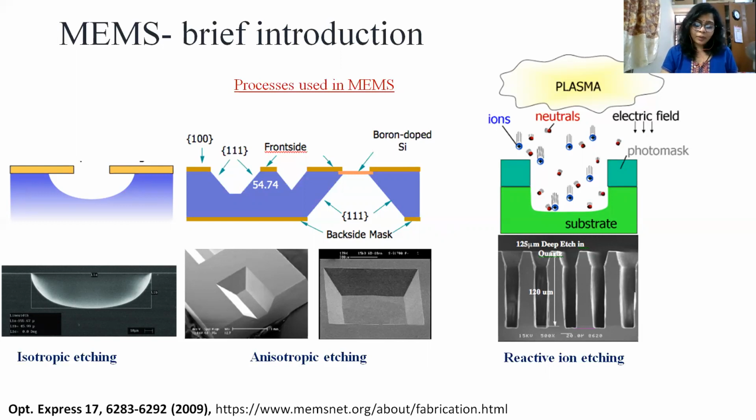Reactive ion etching is the combination of chemical and physical etching. Plasma is inclusive of highly reactive species, including ions, neutral ions, atoms, etc., which are incident on the targeted area to be etched. They are highly directional, and a large portion of material can be etched out through this process. These are used to form deep trenches, as you can see in the SEM image. Fluorinated and chlorinated compounds along with hydrogen, helium and oxygen are used as reactive agents.